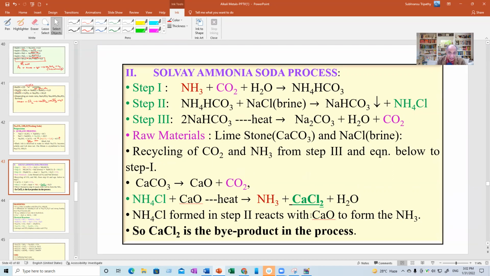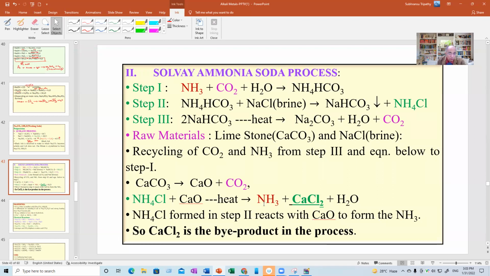Although in the third step also you are getting CO2, and CO2 is again recycled to step 1. But in any case, we have to take limestone, because we need carbon dioxide not only for step 1, but also we need the preparation of ammonia from the product ammonium chloride. So limestone has to be consumed and brine is to be consumed on a continuous basis, and the actual byproduct